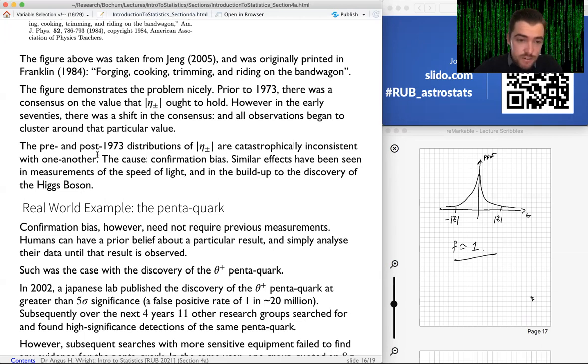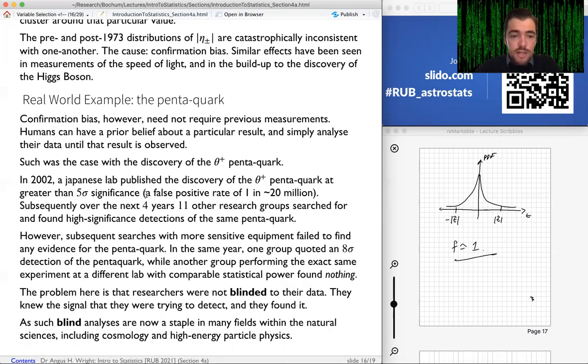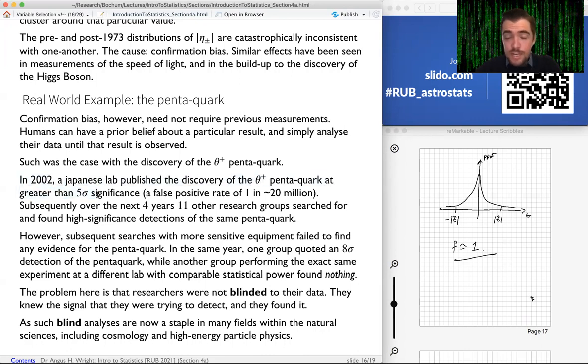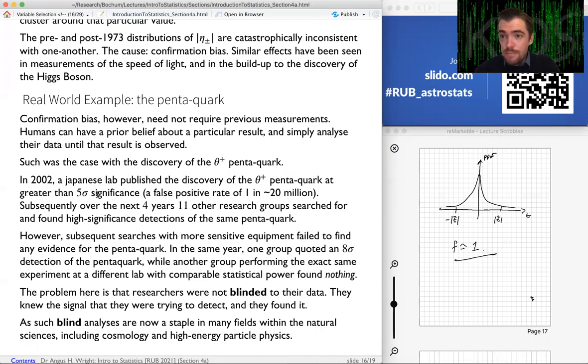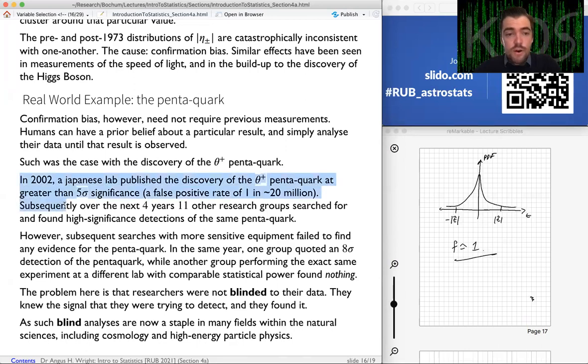And the reason for this false detection is because the researchers involved in finding all of these, the first one and the subsequent reanalyses, weren't blind to their data. They knew what they were looking for and they found it. And this is confirmation bias. There are actually still arguments as to whether or not the theta plus pentaquark is real. It's an ongoing discussion in the